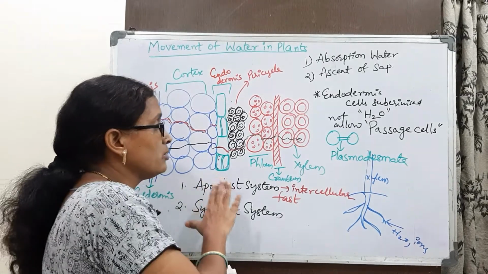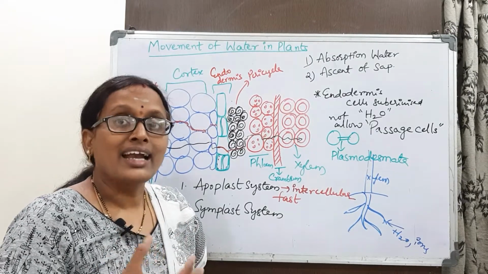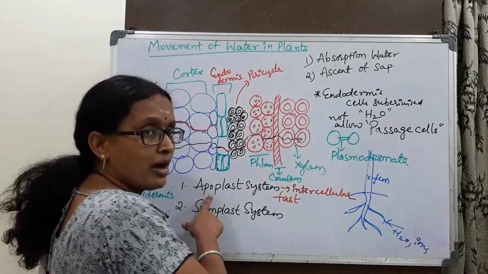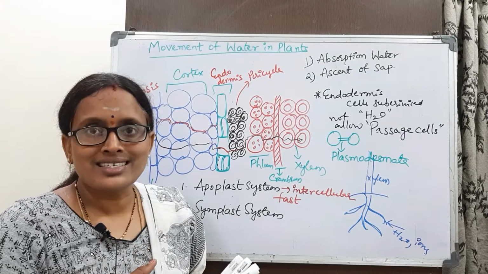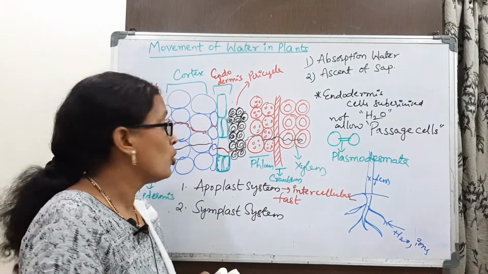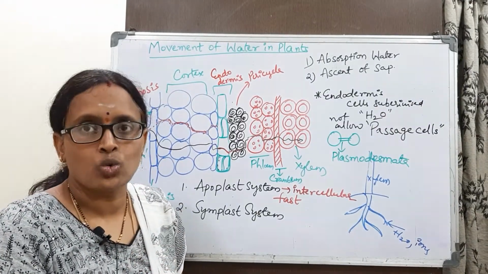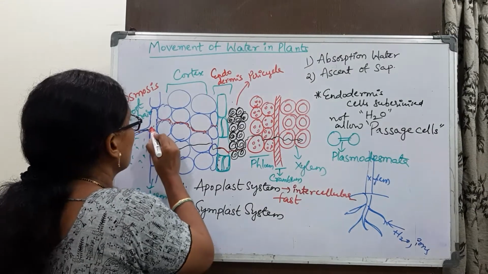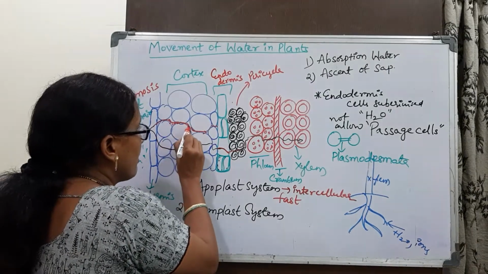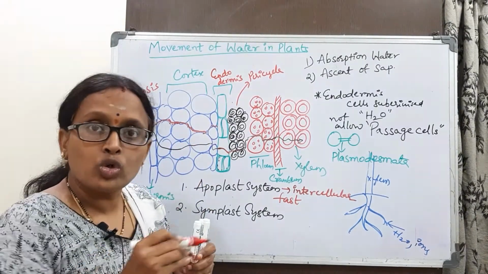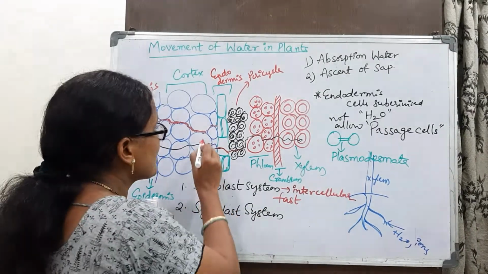So here is water movement in plants: how water is absorbed by the roots and transported by the apoplast system or symplast system. Apoplast means water does not cross the cell wall. It moves through the intercellular spaces only. In this case, water is not entering inside the cell; only through the gap between the cell walls, in that gap only, water travels, up to